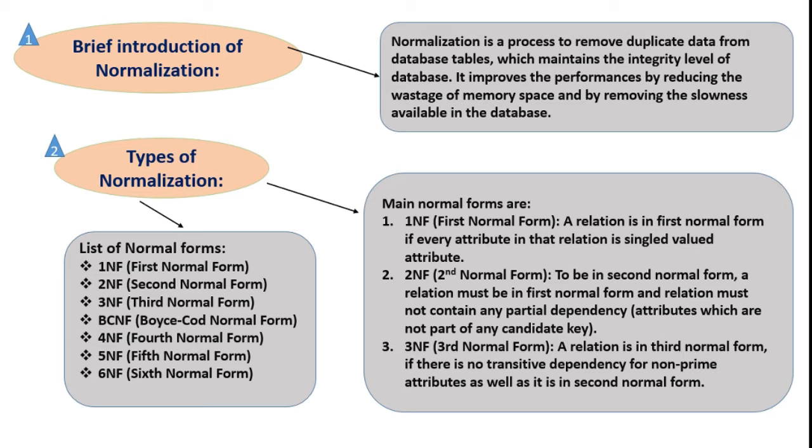If I talk about enterprises, then more than 90 or 95% of enterprises use the third normal form because it is the most stable form of normalization, and they are correlated with each other. If you are able to understand the first normal form, then definitely you will understand the second normal form, the second NF, and obviously at the last you will understand the third normal form.